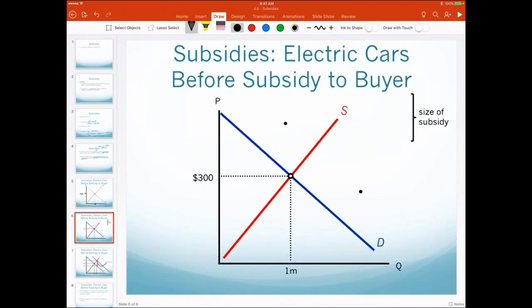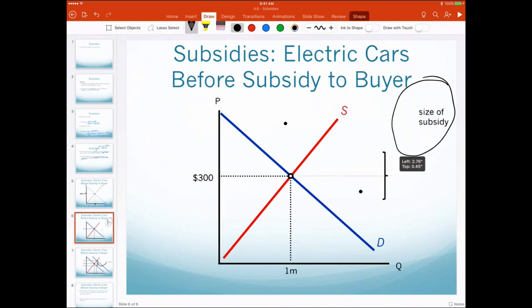Anyway, moving on. Okay, now, when we're doing a question on subsidies, right, I would again have to give you a legend or something that indicates the size of the subsidy, okay? So I've got it written in here. The buyer gets the subsidy, so we're going to shift that demand curve vertically by the size of the subsidy, okay? So get a ruler, and I'm going to grab this guy and see if I can move it around to show you, right? What I've done is, the distance between that line and that dot is the size of the subsidy. Same over here, the distance between the line and the dot is the size of the subsidy, right?